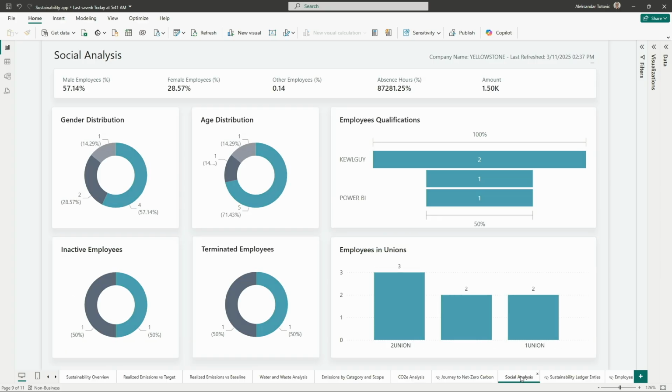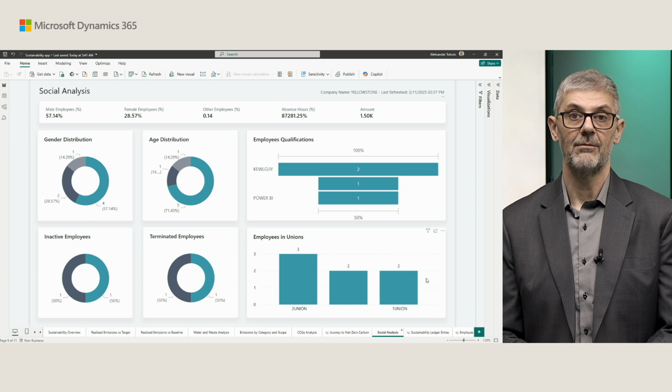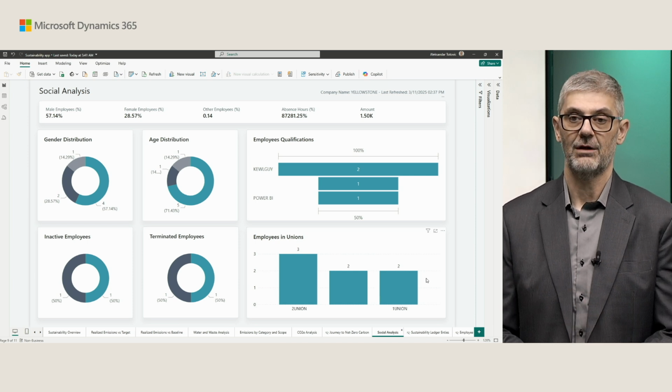And as I mentioned, we have social analysis, so you can find again the most important KPIs about male and female employees, other employees. So you can track all of them through KPIs, absence hours, then amount, gender distribution, age distribution, inactive employees, terminated employees, then employee qualifications, and employees in unions. Currently, there is not so much information on employees, so this is what we created at this moment for social analysis, but we are planning to expand this